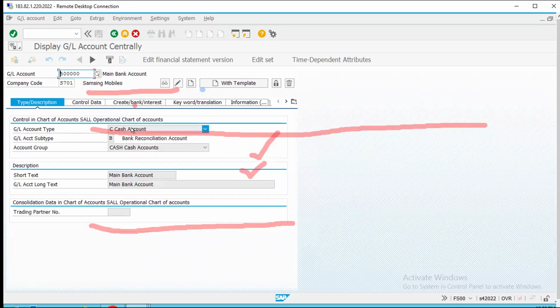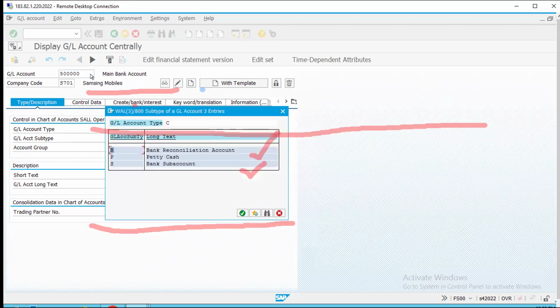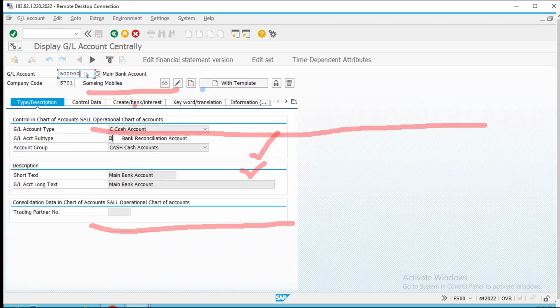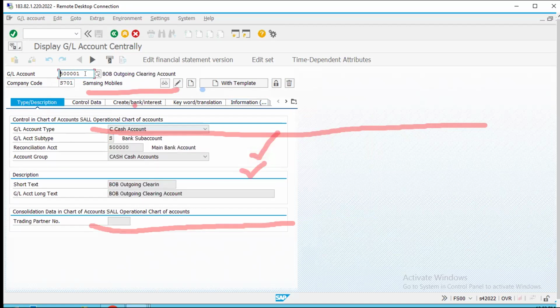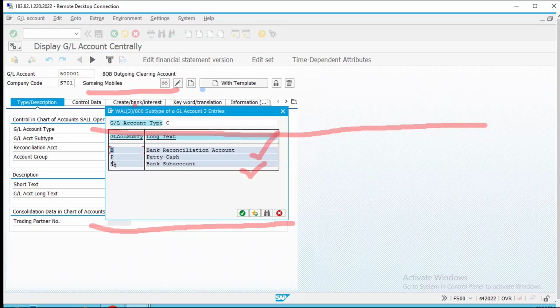Now, let's say the cash account, and I have selected B as the sub account type. Let me show you the option. The GL account type is a cash account, and the sub account type I have selected is a bank account.